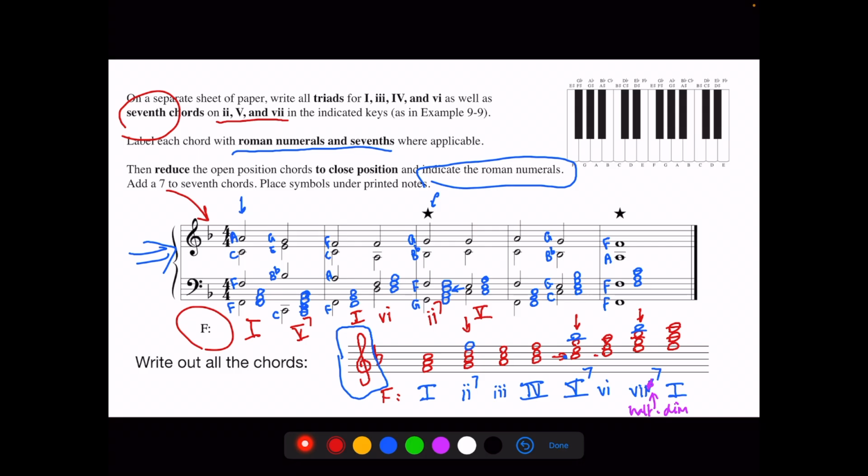And going on, if you just go back and forth between these two different things we're looking at, this is going to be a major 1. The next one is going to be a 5-7, and the last one is going to be a major 1. So let's just listen to how it sounds now that we have finished analyzing it. So this is going to be